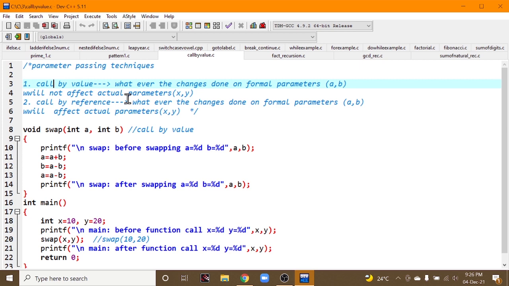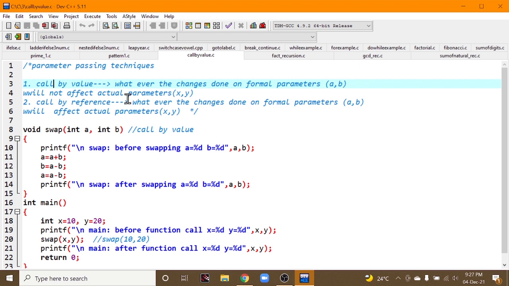Actual parameters are the ones we use in the function call, and formal parameters, or dummy parameters, are the ones we use in the function declaration. While declaring, we give different parameters, just like an example. But in the main function there will be the actual parameters.